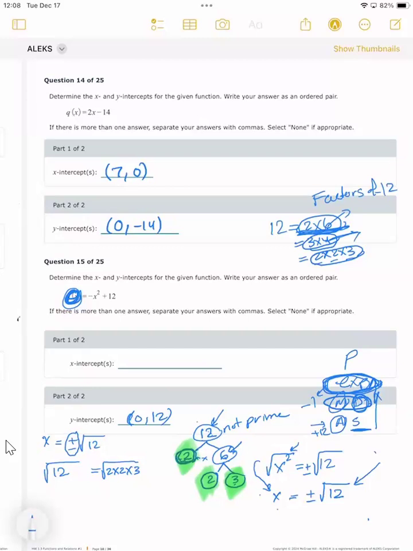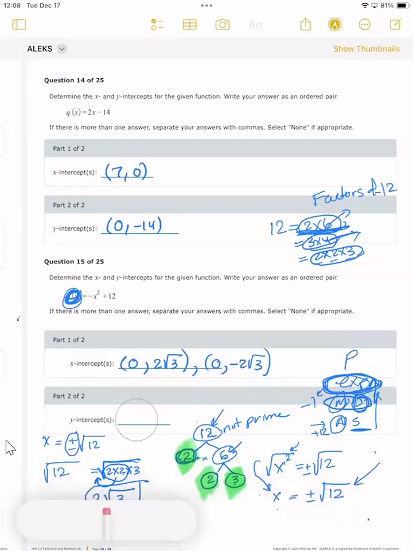So once you have the prime numbers, then you go and see if you have double of anything. You have two 2's. Because of the square root, they come out as a single 2. So if you have double of anything, it comes out as a single one outside the radical. So that is your answer, 2 square root of 3. Remember, you had a positive and negative. So you say my x-intercepts are 0, comma, positive 2 square root of 3, and 0, comma, negative 2 square root of 3. That's how they want you to write your